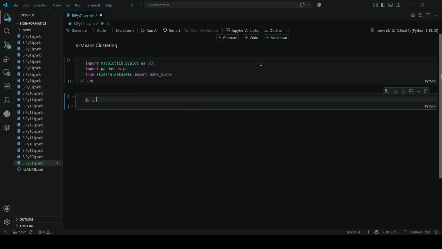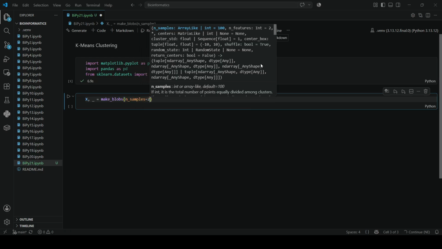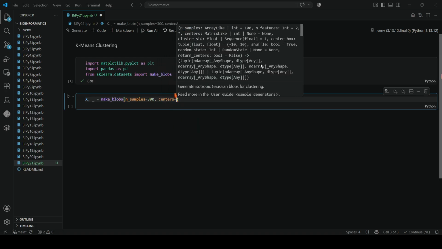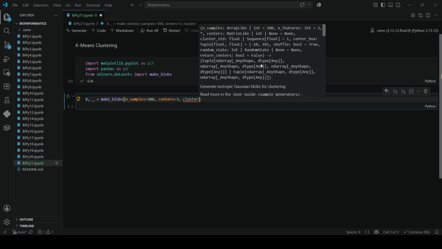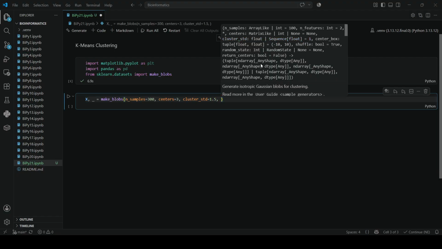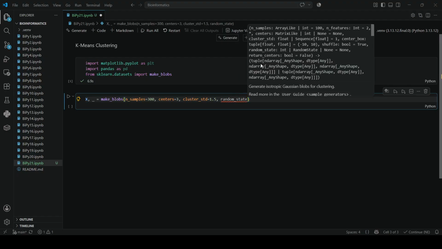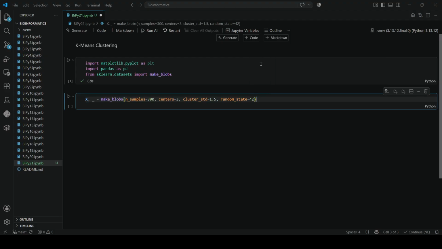This is how we make make_blobs. After that, we will choose the number of samples as 300. Next, we will choose centers as 3. This will be the 3 hidden strains. Okay. Then cluster_std 1.5, and finally we will use a random state for reproducibility. Right. This should work,